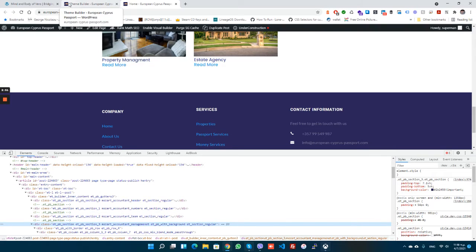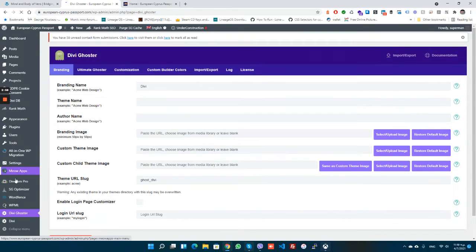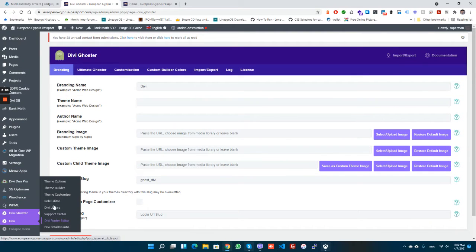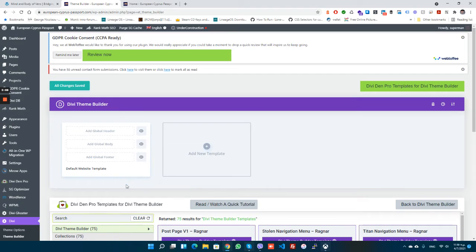The other way you can check if it's default is if you go into Divi, right, and you click on Theme Builder. Ignore the other plugins that I have here and stuff. I clicked on the wrong thing. So Divi, and I go to Theme Builder, right. Now ignore the bottom part where it says Divi and Pro templates and stuff. That's another thing. If your theme builder looks like this, it means you're using default Divi. And the way you would go about changing footer widgets would be Appearance, Widgets, so assume default WordPress,